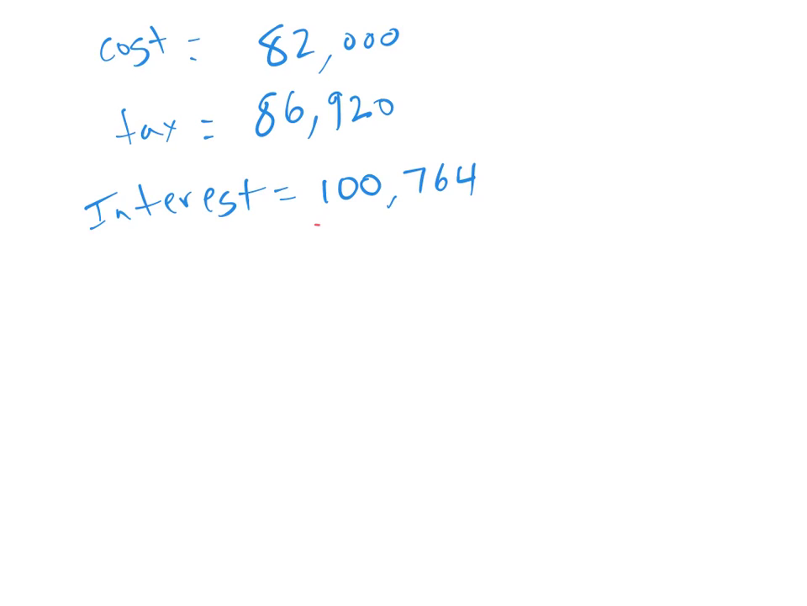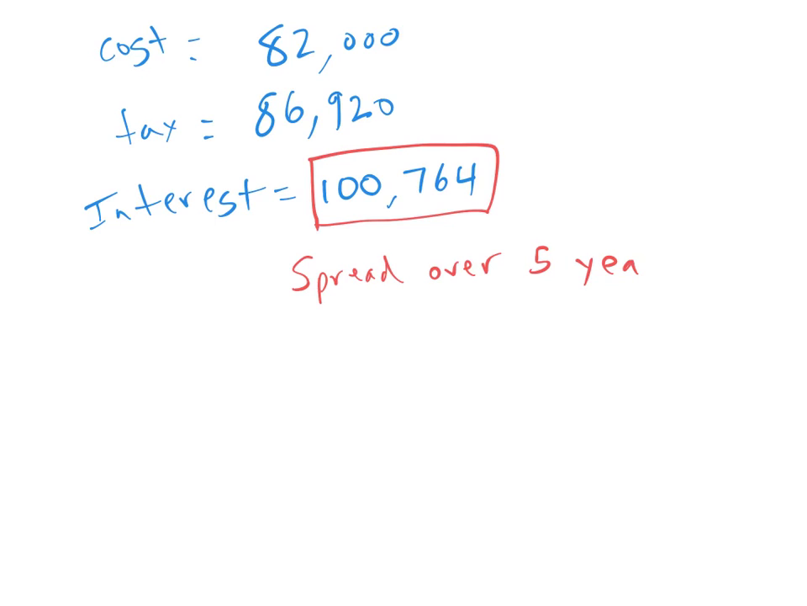So if we take this as our total cost, what we're going to do is spread that cost over 5 years. What that means is 60 months, right? Because there's 12 months in a year. 5 times 12 is 60. So the way to find your monthly cost, your monthly payment,